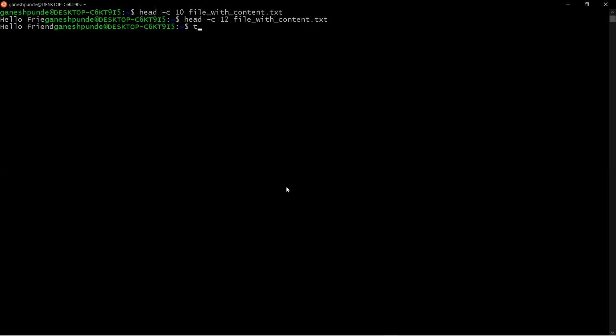So there is a command, the tail command. Tail means the tail of the file, right? So let me create a file.